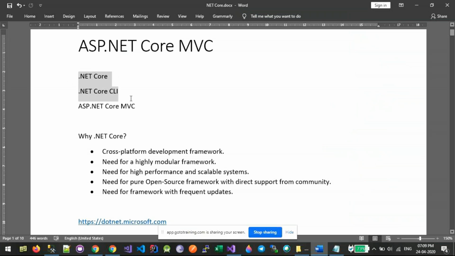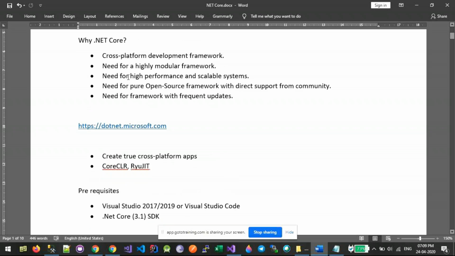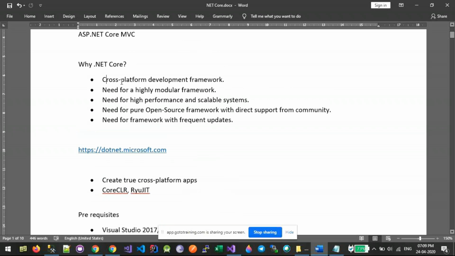So these are the three topics we are going to take a look at. .NET Core allows us to create a truly cross-platform application, not only targeting Windows, but other OSs also. All the dependencies are now created as NuGet packages. So this makes it a very modular framework.